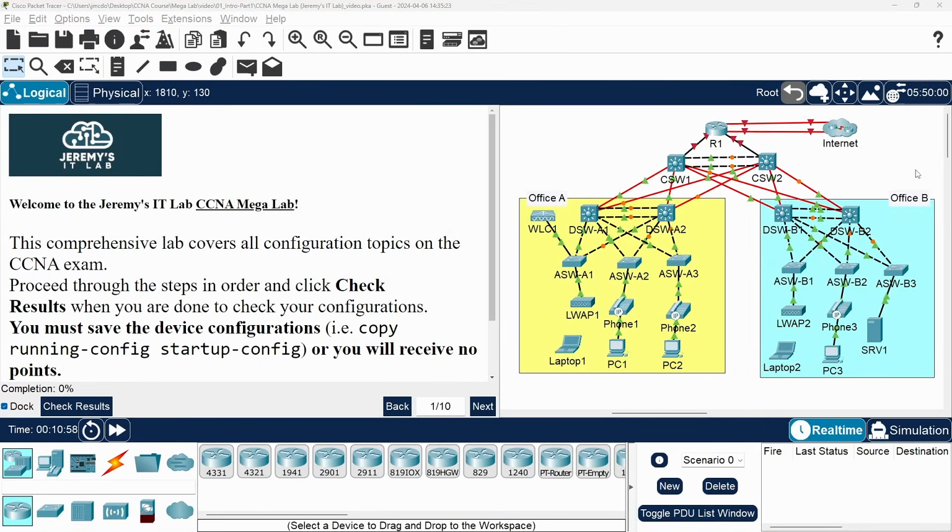In this lab, we'll cover every configuration topic you need to know for the CCNA exam. Just a warning, this lab is intense. If you've studied all of the exam topics and are getting ready to take on the CCNA exam itself, you've come to the right place. Now, we won't cover every single configuration command you should know, but we will cover all configuration topics on the CCNA exam. IPv4 and IPv6, static routes, VLANs, spanning tree, OSPF, EtherChannel, DHCP, DNS, NAT, SSH, security features, wireless,